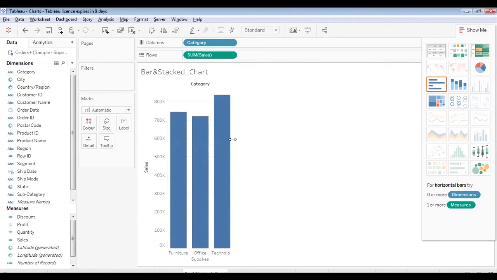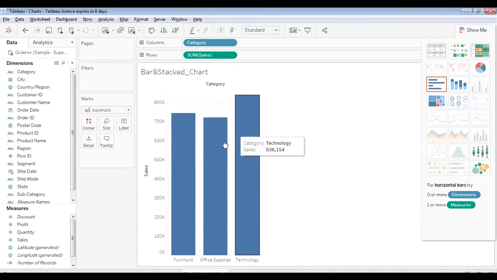Now, these bar charts are basically rectangular columns, and the size of the column represents the data in our measures. So here, the size of this column represents the data I have in my sales measure. The size of the column for technology tells that my sales is somewhere around 800,000, and the size for office supplies tells me that the measure value is something around 700,000. So in this way, these bar charts are rectangular columns, and each column size represents the data in our measures, that is the sales.